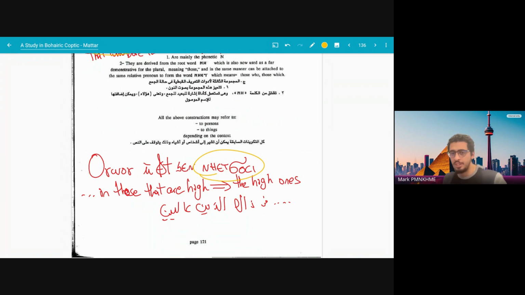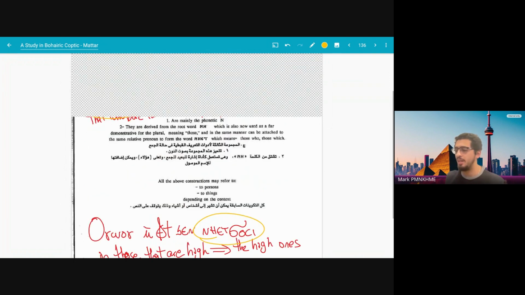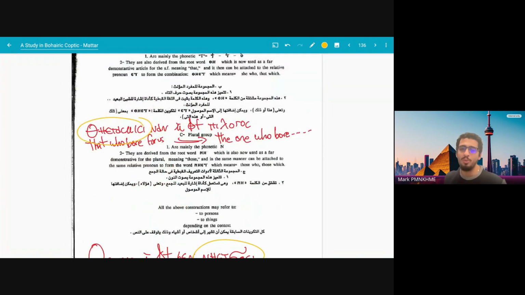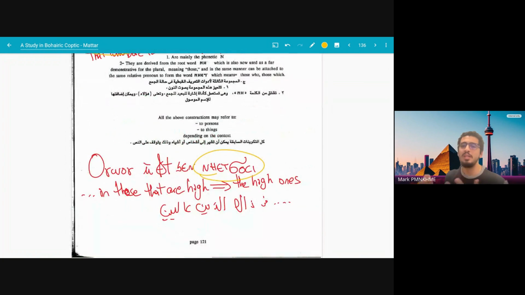We don't literally translate in English, so fiat hemsi will become "he who sits." But for theat, we just say "that who bore," and then niet chosi just means "the high ones," or "glory to God in the highest." So those who are not necessarily people, but anything you want that is high. So the things that are high. The same way with uranion, for those of the heavenly, of the heaven. So the heavenlies or the highest.